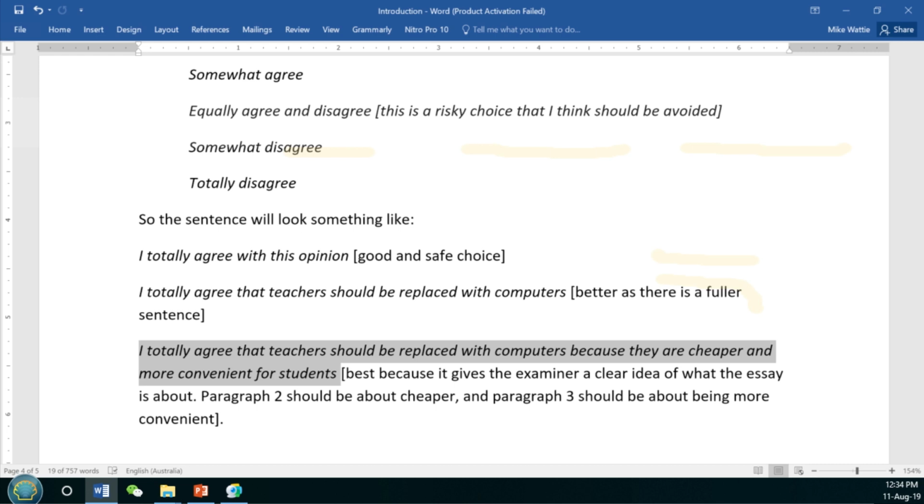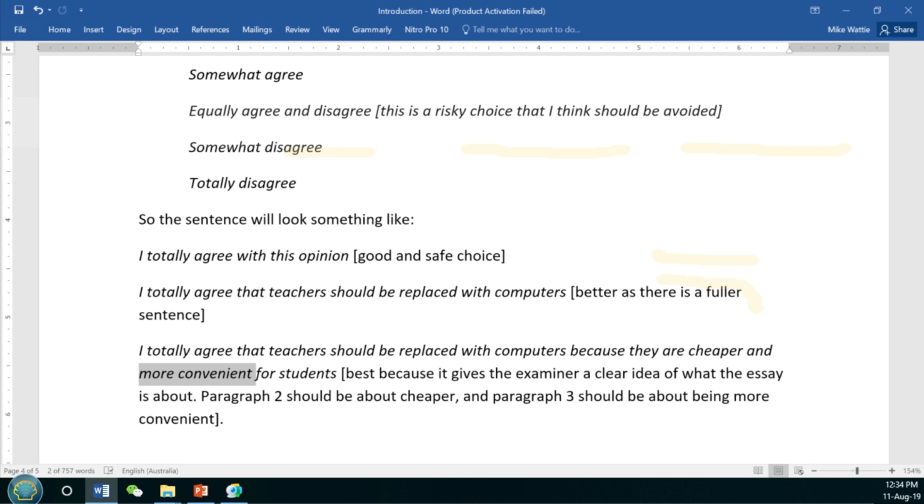And then with this total agreeing, we can imagine there'll be two body paragraphs for the essay. One about how computers are cheaper, the fees will be lower, and then another one about the convenience, studying anywhere, anytime. This is very nice. It's a very easy structure to follow, and on the whole, I suggest you totally agree